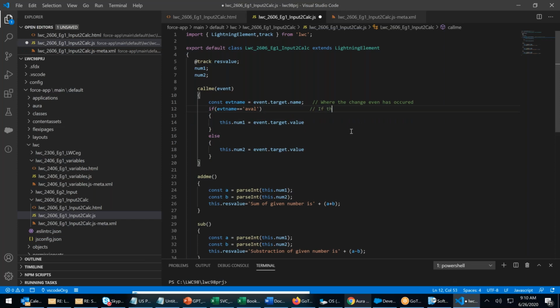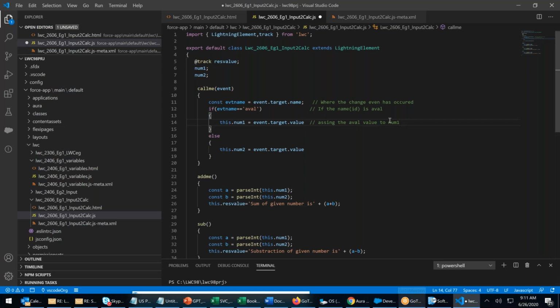If the name, the ID, is eval, then what you're doing? Assign the eval value to num1.